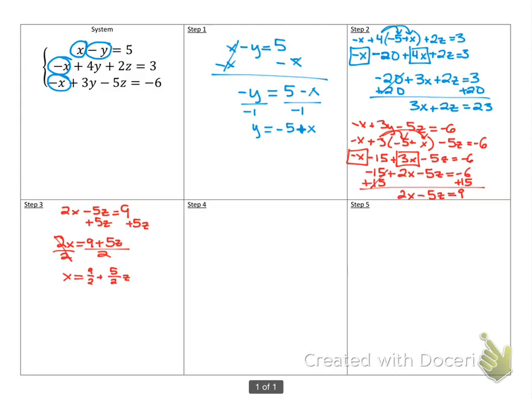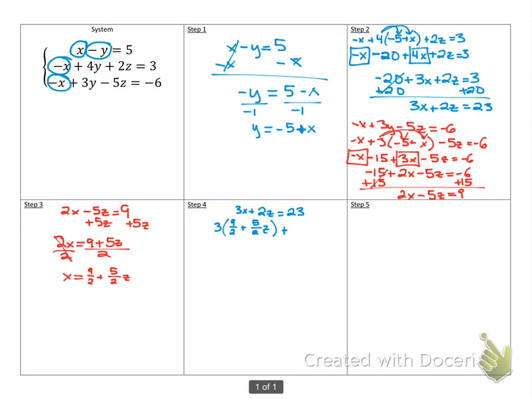Now step 4 says to substitute this expression, so the x equals expression, for the selected variable into the remaining equation and solve. Well, when it says the remaining equation, it's talking about your equations from step 2, and the one that we did not use was the blue one. So we are going to write that blue equation right here. In our step 4 box, we have 3x plus 2z equals 23. And we're going to replace x with what we just found for x. So we have 3 times 9 over 2 plus 5 over 2z